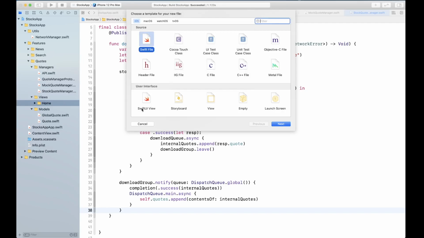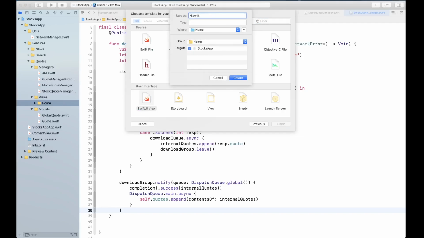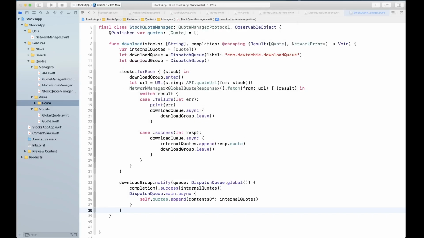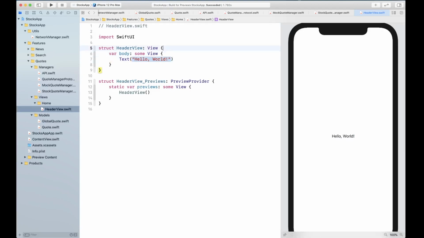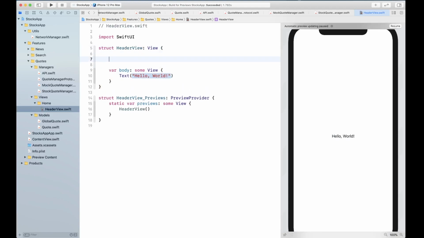So I'm gonna select SwiftUI view, header view, and let's go ahead and try the canvas. Let's see if we can actually build it out on canvas this time. Okay. All right, so it seems to be loading.